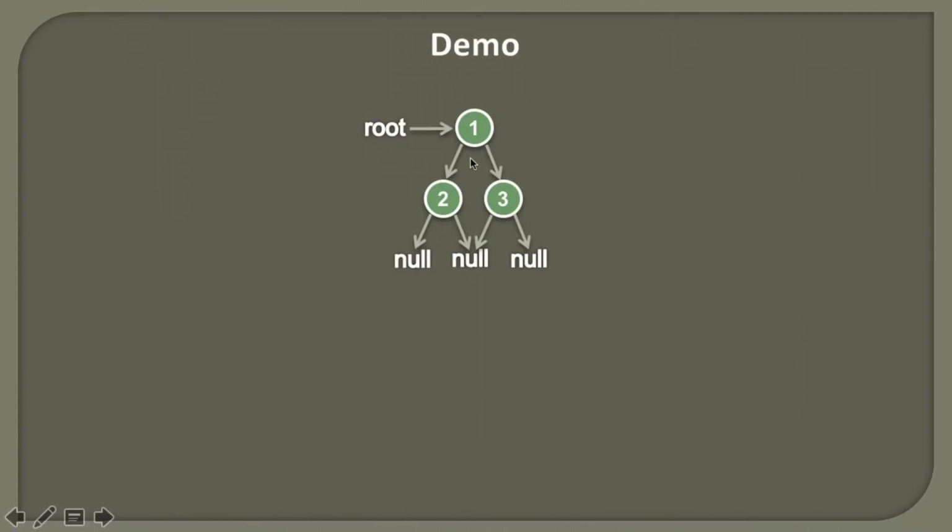Now here you can see root is having data as 1, and whose left and right are pointing to nodes having data as 2 and 3. Suppose we want to insert one more node, then we can insert it at 4 places now. Those 4 places would be 2's left, 2's right, 3's left and 3's right, because those 4 positions are pointing to null.